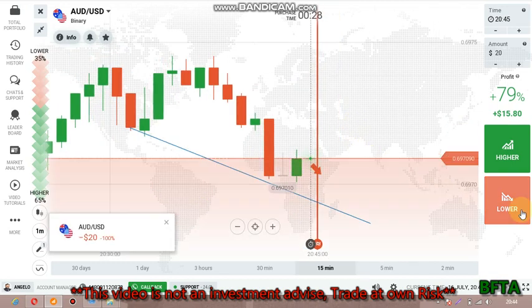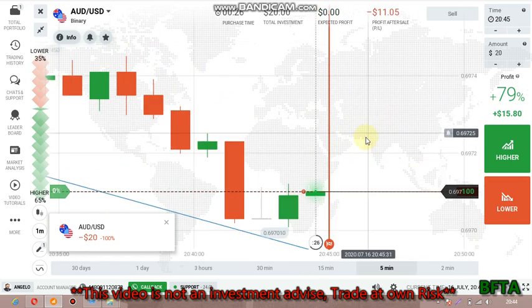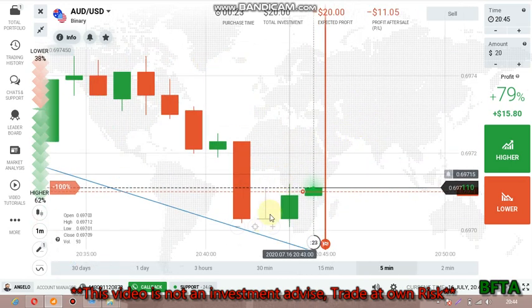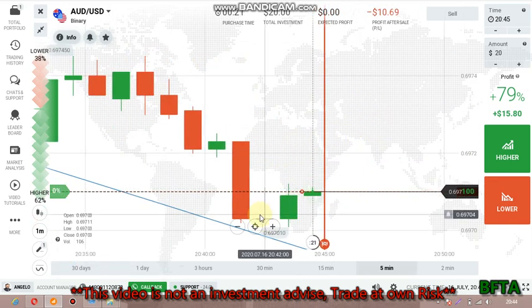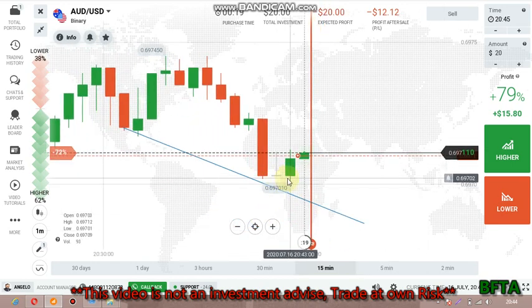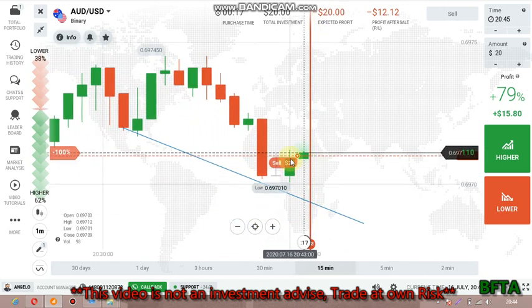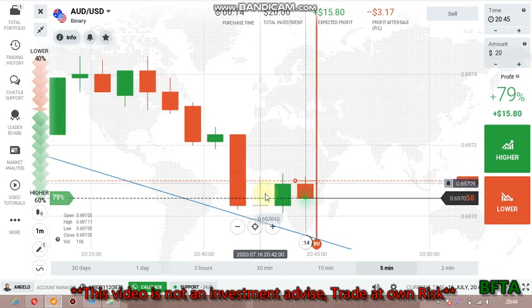Okay, I lost the trade. Go to place put option. I place put option now because the trend is down. So I don't know what candlestick will form here. So that's why I'm confused. That's why I lost this trade. I didn't know the buyers would enter. So I thought it's going to be